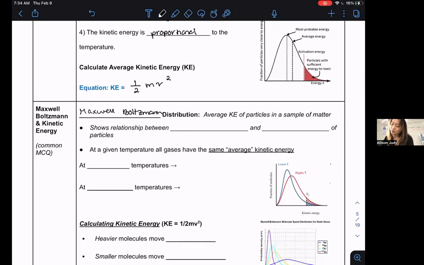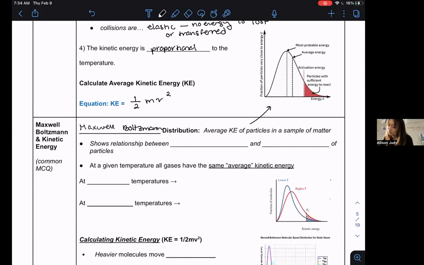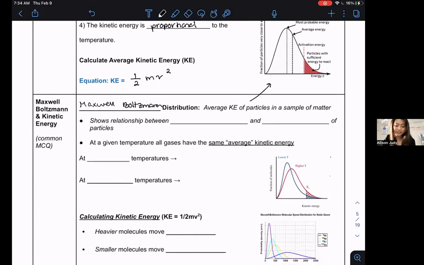And this graph or this distribution curve shows us the average kinetic energy of particles in a sample of matter. And what particularly it's useful for is it shows us the relationship between,